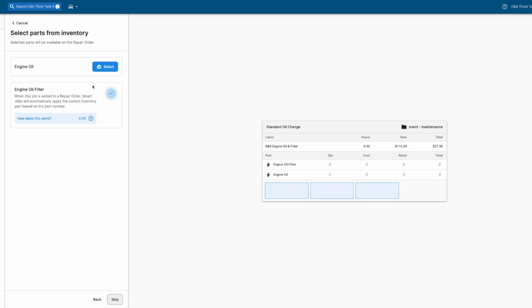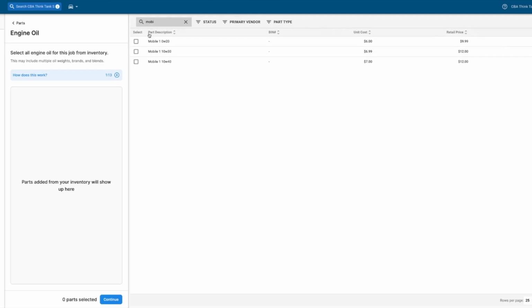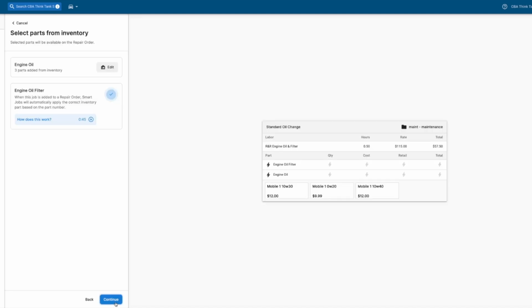All you have to do is add your engine oil, and you can do so by selecting this button and then searching for your oil here at the top. You can add whichever bulk oils that you carry. You can see there's a 0W20, 10W30, and 10W40 that I have in my inventory, and I'll go ahead and add those. Once you do so, you'll see here that it added it to the can job table on the